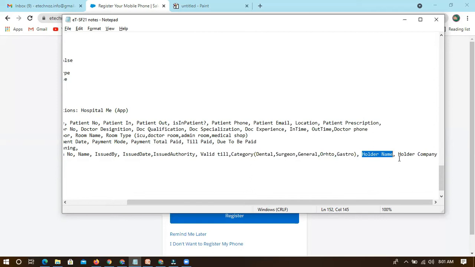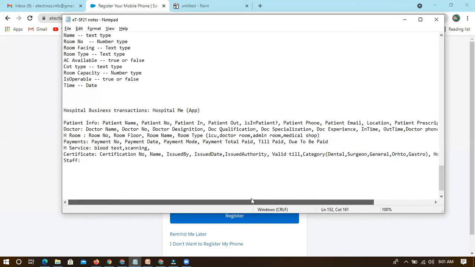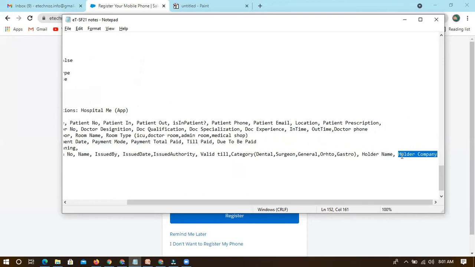So who actually holds this, and if it is connected with any company, what is that company? If it is an individual, that is just the holder name, and the holder company will be blank. But if it is for a company, then the holder company is filled. When I say this, I got one more logic here. In real-time scenarios, by default the holder company will be blank, but there can be one more field, and based on that it should be populated.